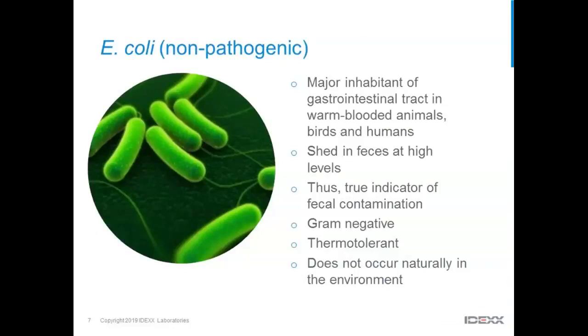A little bit more about them. They are gram-negative bacteria and thermotolerant. They're able to survive in elevated temperatures. So it kind of checks off all those boxes of what makes a good indicator organism. Once again, not naturally found in the environment, found during contamination events. You've got to find them in high numbers, and they're relatively long-lived once they're in the environment.